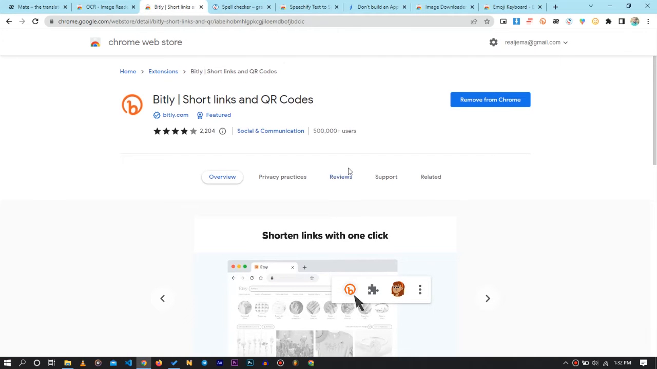And what is Bitly? Bitly is a shortening application, so you can definitely shorten links. So if for example you have this very long link that is very complicated, very long, and definitely difficult to remember, nobody will be able to remember such a very long link with complicated characters. So what you want to do is shorten it and make it a little more presentable. So what you can do is you come to the extension Bitly